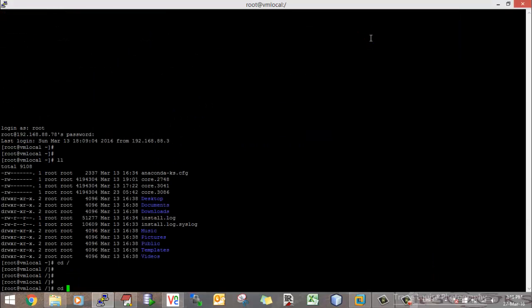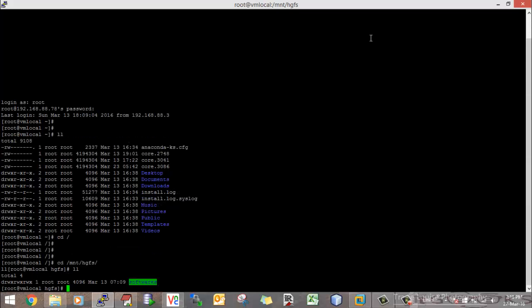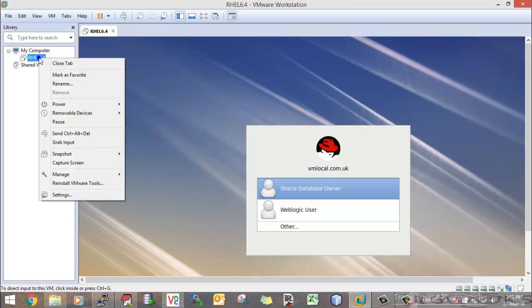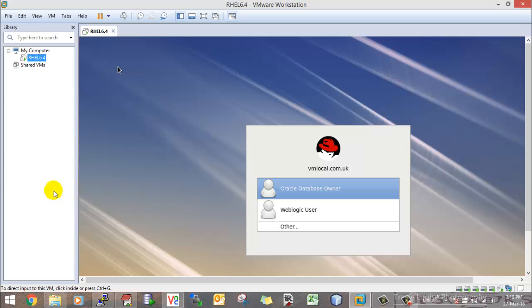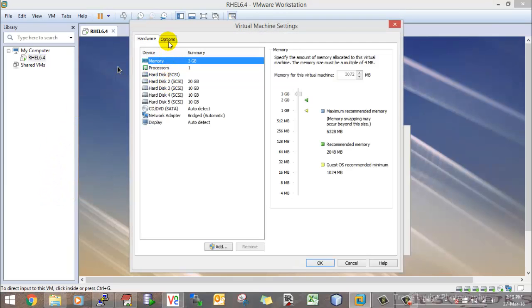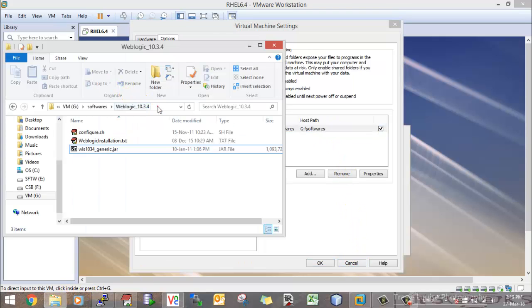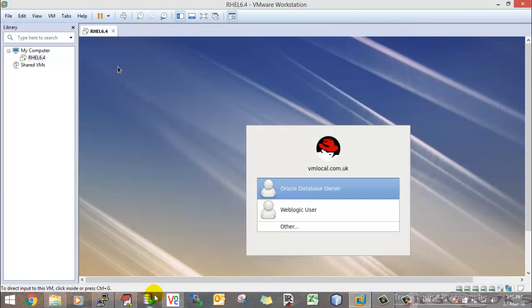The share folder is normally in the path HGFS and software. This you can configure from your settings in the VMware. Go to settings and go to options, share folder. Here, always enable and enter the path. So I'm sharing this particular path here. Okay, so